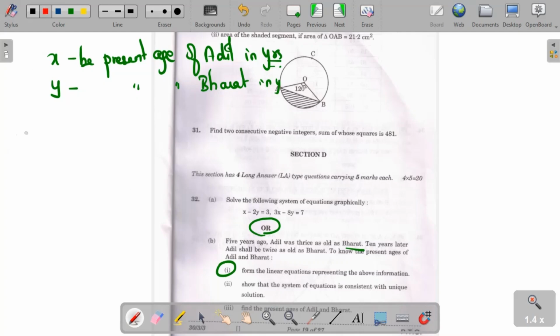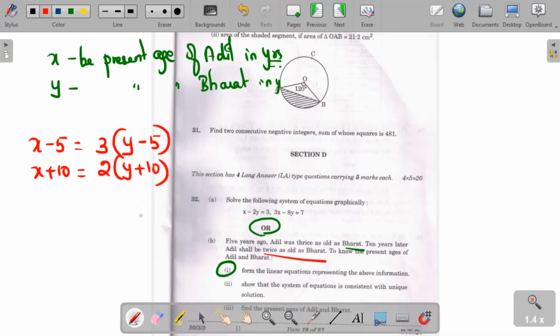So 5 years ago means x minus 5 is thrice as old as Bharat. If it is 5 years ago for Adil, then it is 5 years ago for Bharat too. So 3 times y minus 5. Second case is 10 years later. So x plus 10 is equal to twice as old as Bharat. So 2 into y plus 10. So this answers the first subdivision, but you can simplify and keep it here itself so that it will be